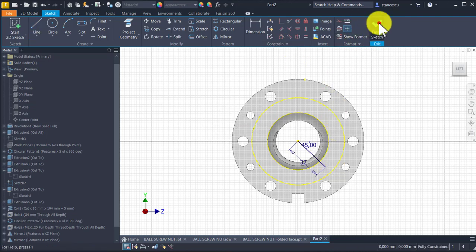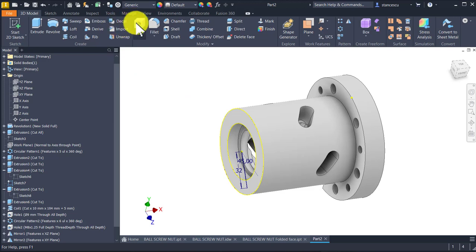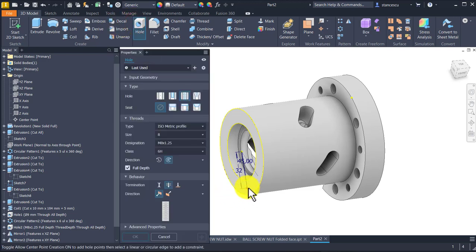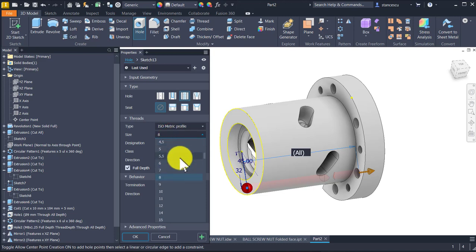Finish sketch, hole, this end point, metric 5,